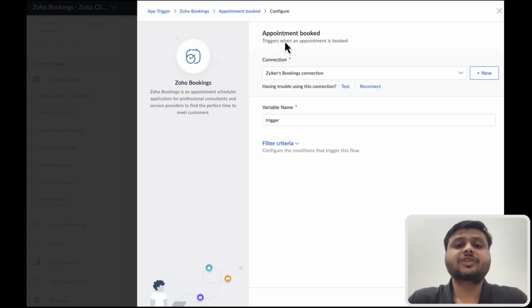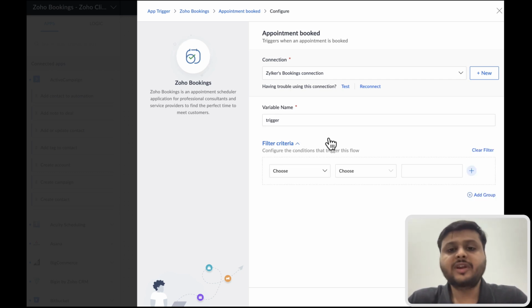So once you do that, you can test and reconnect from here. You can change the name if you need. And there's something called a filter criteria. I won't configure it, but I'm just going to talk about it briefly. Filter criteria helps you avoid looping in your flow. That's one. Second, if you want the flow only to be triggered on specific conditions, let's say for example, I